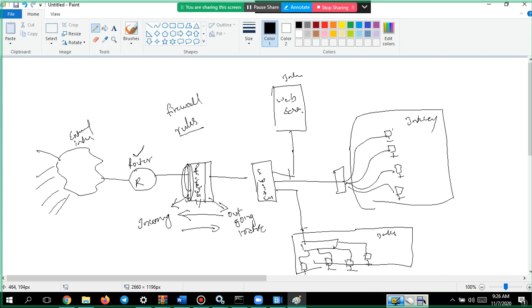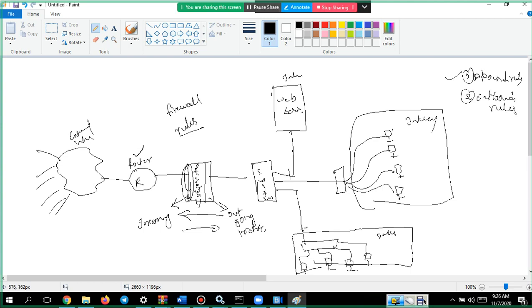Firewall rules. These firewall rules are of two types. The first one is inbound rules, the second one is outbound rules.